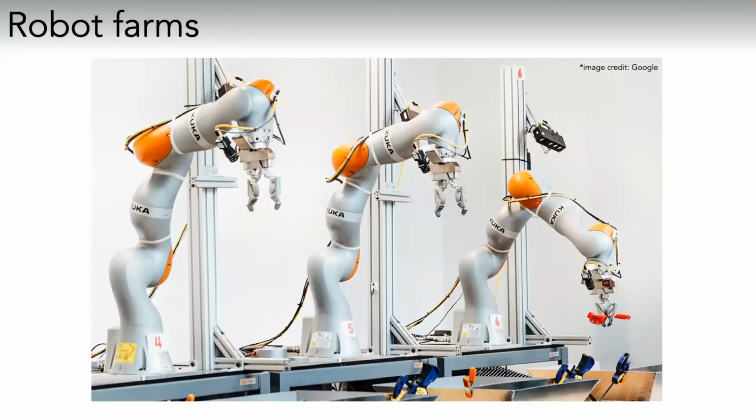A couple of solutions that people have come up with. This is a solution come up by somebody who has a lot of money. So they built robot farms. You might have seen the work that they did. So they were trying to train robots to pick up objects of various shapes and sizes. And they basically bought, I think it was not 100, but dozens and dozens of KUKA arms. KUKA arms are very expensive. They set up an underground farm for this, and they just had the robots training for hours and days, and then they came up with really effective manipulation strategies for a wide variety of objects.